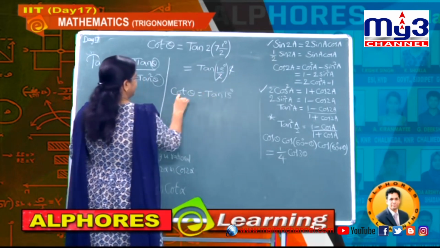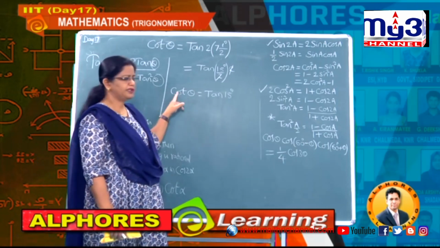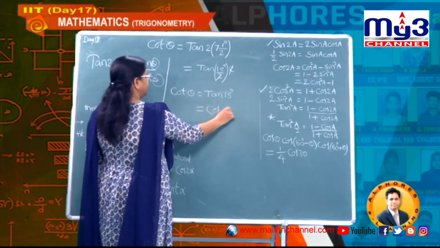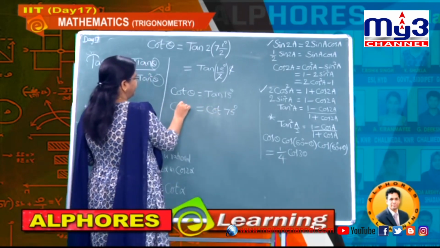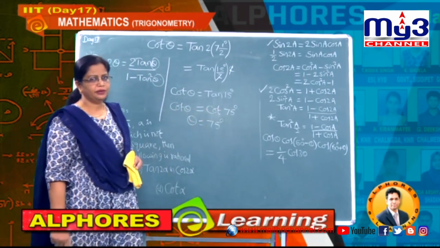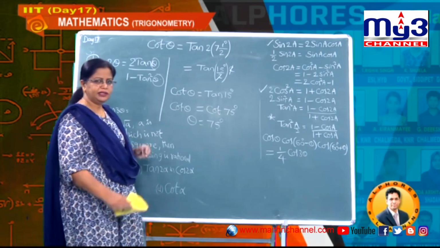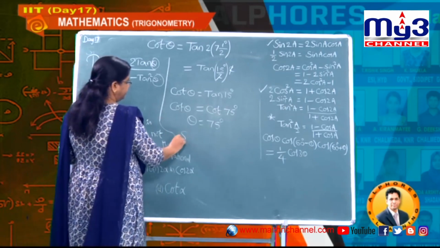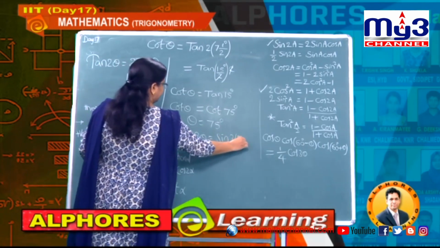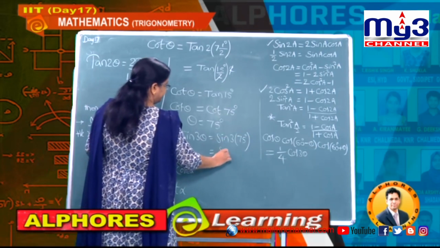But what is this side? You have cot. So if you want to cancel both the functions, then both must be the same. Hence for tan 15, the complementary value, you know, is 75 degrees. Hence students, what is the theta value here? Theta is nothing but 75 degrees. Now what is the requirement in the problem? Sin 3 theta. As sin 3 theta is the requirement, we write sin 3 theta equals sin 3 into 75 degrees. What is 75 into 3? Actually it is 225 degrees.